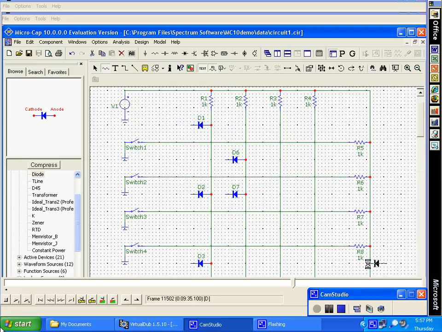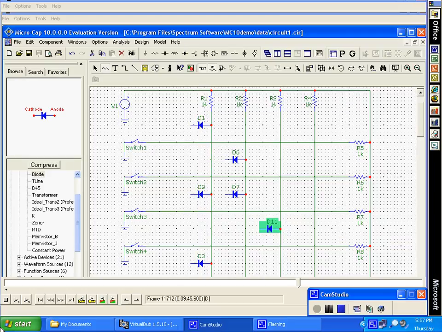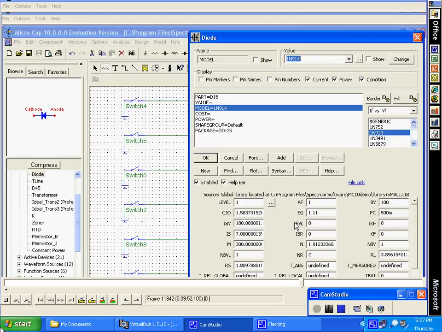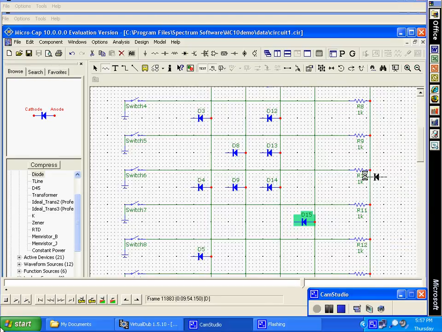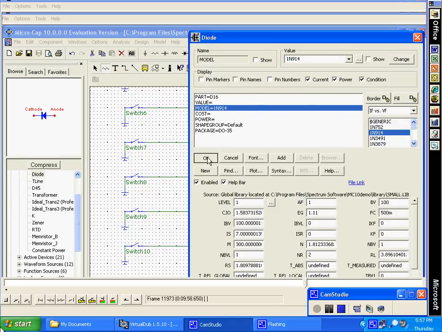So we have 3 more to add. We're going to add this to 8. And then this one to 9, switch 9. And this one to switch 10. And we escape. And we can see that we have hooked up these diodes in the necessary way for the decode. We have a little bit of wiring to add, so we go up to